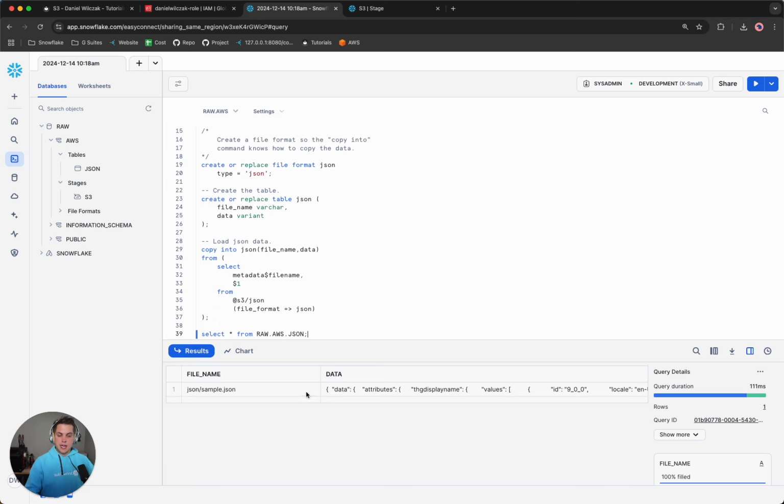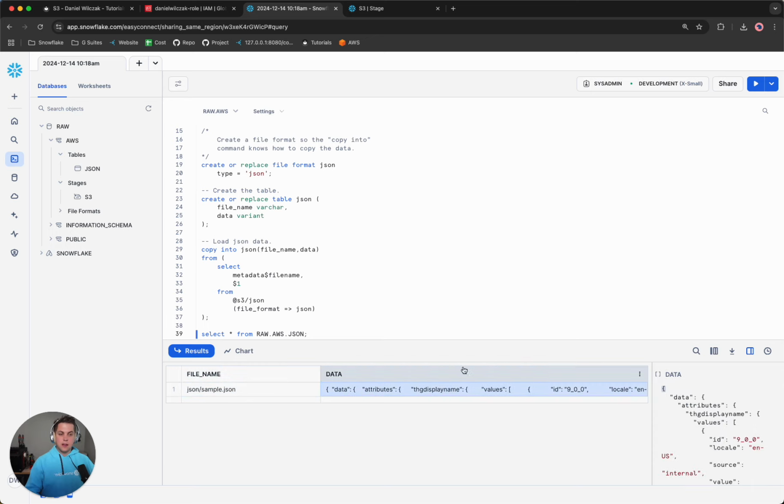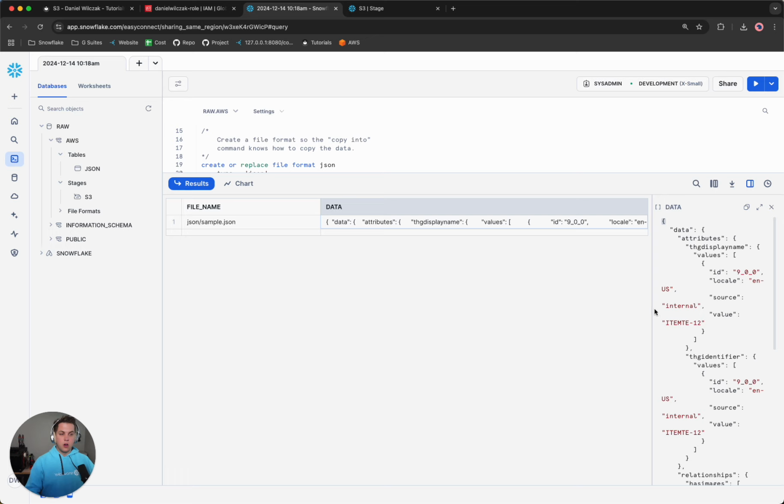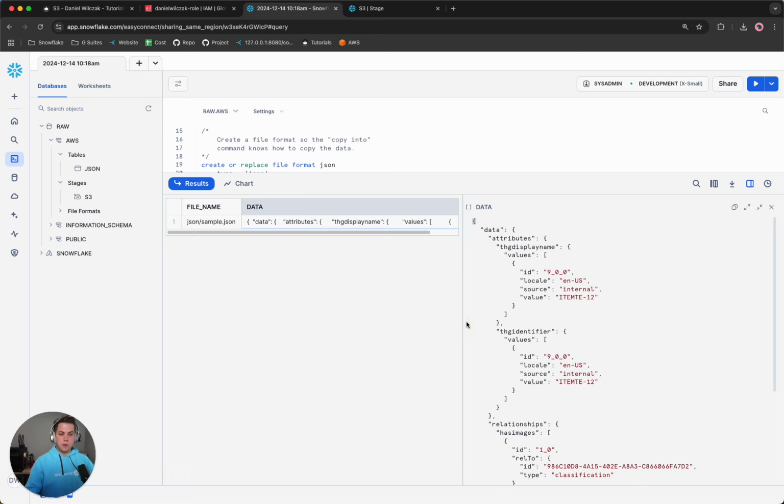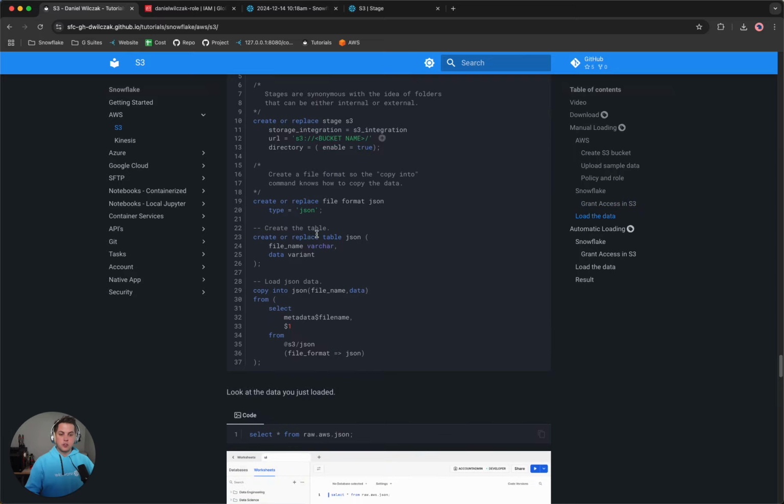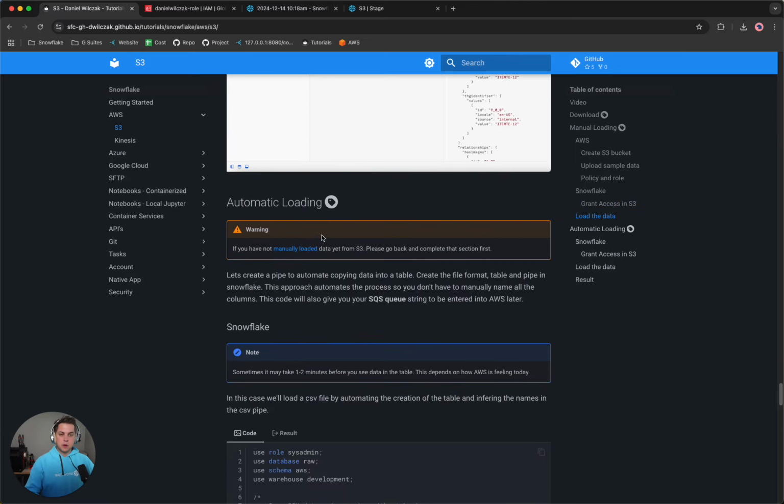And we'll notice now that the table has been added. We have our file name and we have some JSON data. So if I open this up, you'll notice that we have native JSON loaded into Snowflake. So I can go and query that, but that's not the goal of how to query JSON inside of Snowflake. We're simply showcasing how to load that data. Great. So now we can head back to the tutorial, and the next part we'll want to do is go